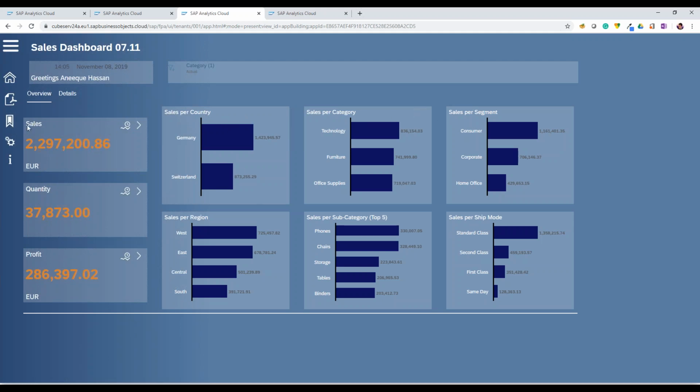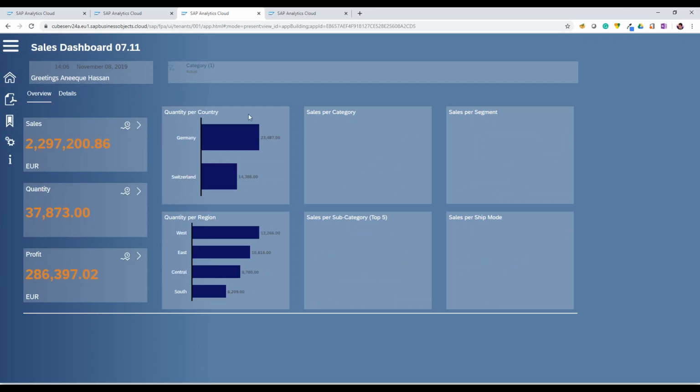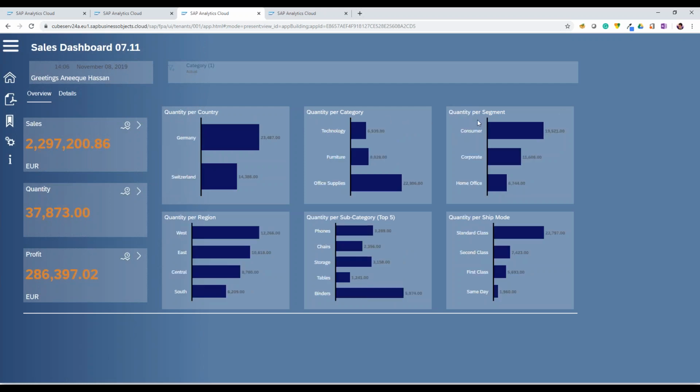For example, I want to show my sales per country, then I have it over here, and the same figure by ship mode I have in this graphic. What this template allows us to do is that we can click on one of these navigation points, which we see as these three arrows, and then all of the graphics on the right side will be updated with the current key figure that we wanted to use.